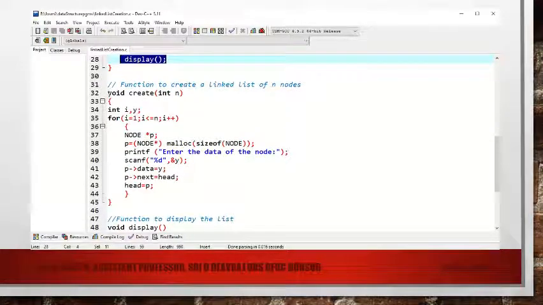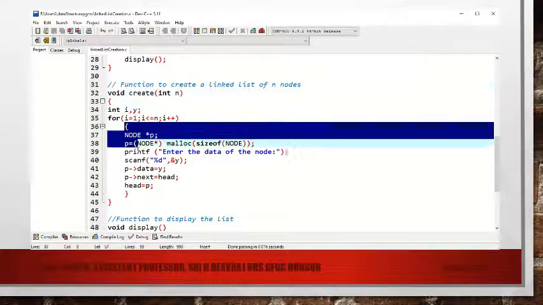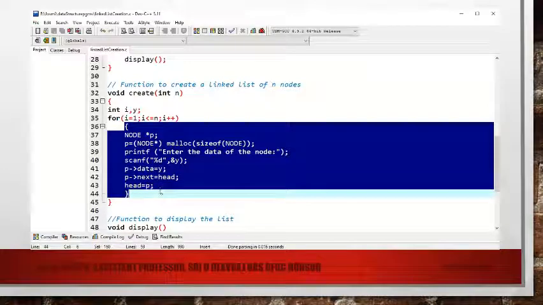This create function has the return type void, that means it is not returning anything back to the main program, and it has an argument n, which is the number of nodes in the linked list. So we are allocating the memory for a node and assigning the data part and its pointer field.